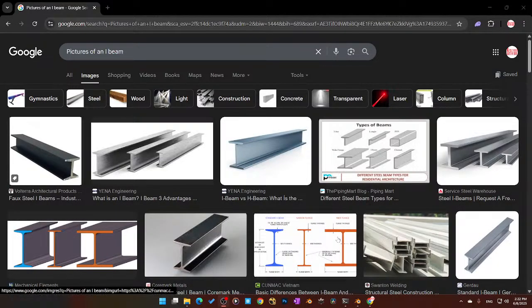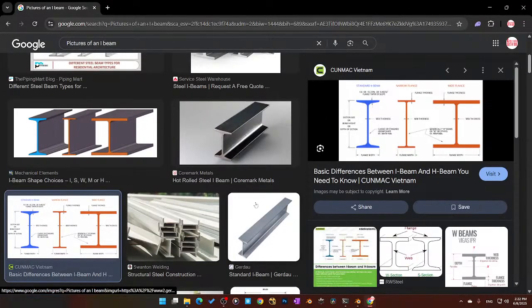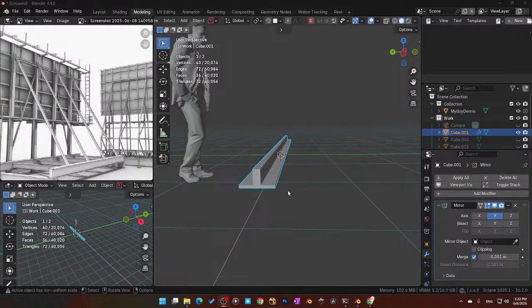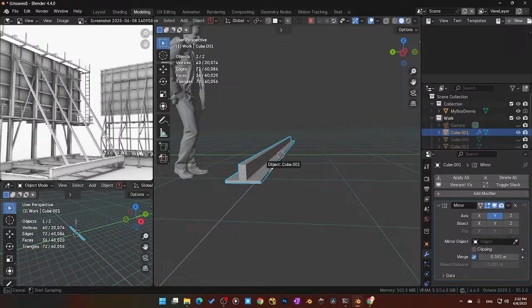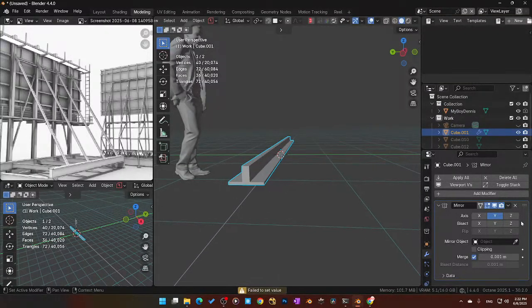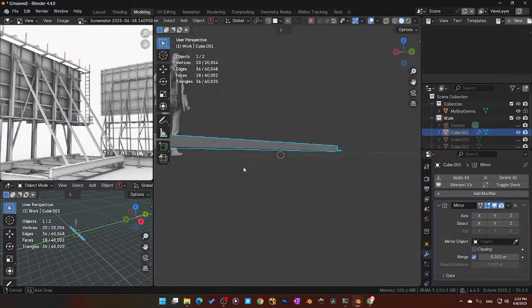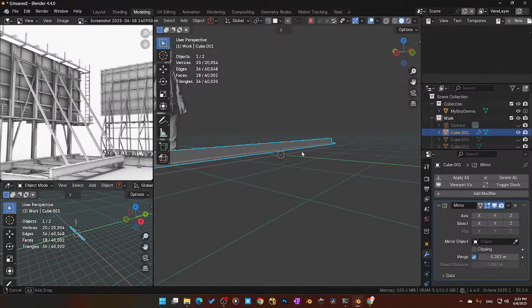Okay. So, I-beam. Back to making an I-beam. What I was trying to do here was, I think, select this and nope. How do we mirror it? Oh, there we go. And how do we offset it? I don't know. You know what? I probably need to move this below the